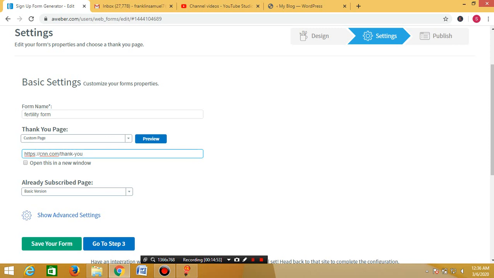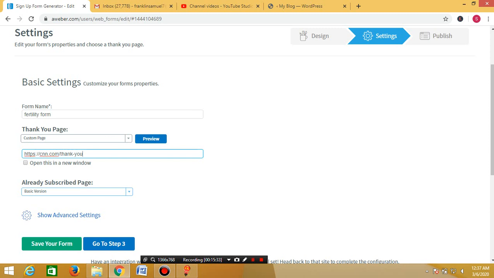When they fill out their details and click submit, it will redirect them to a page called the already subscribed page, to inform them that, oops, you've actually subscribed to this list and you cannot subscribe again, something like that. So that is the basic version. If you leave the basic version under this already subscribed page, that's what it will show them, a page that says something like what I just mentioned. Or if you don't want those people who have subscribed before to be shown the basic version provided by AWeber,